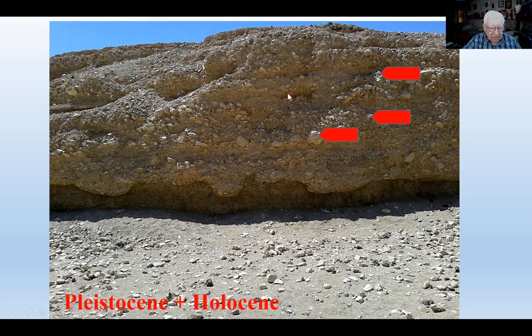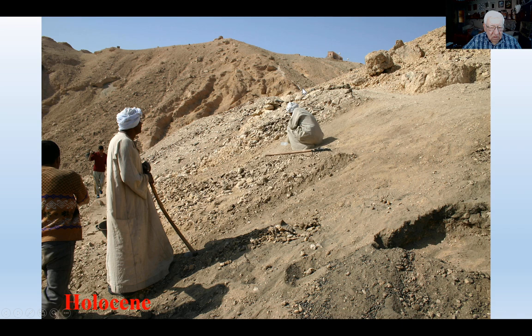And for example, near the King's Valley, there are gravels, so-called younger and older pediments, formed at the beginning of the Holocene, containing flints. Some flints are marked with these red arrows, and